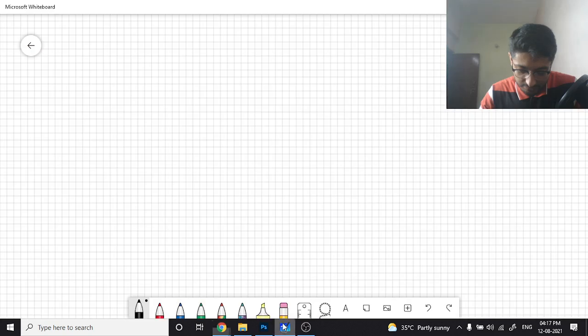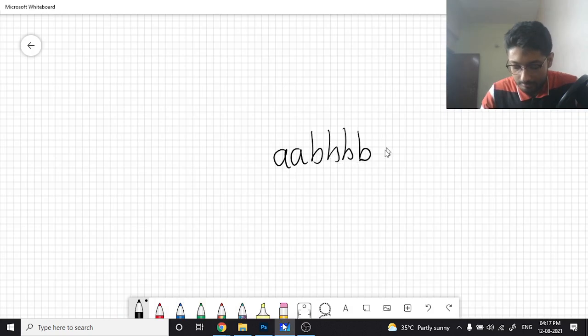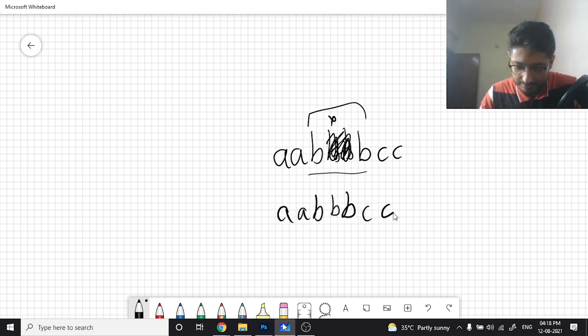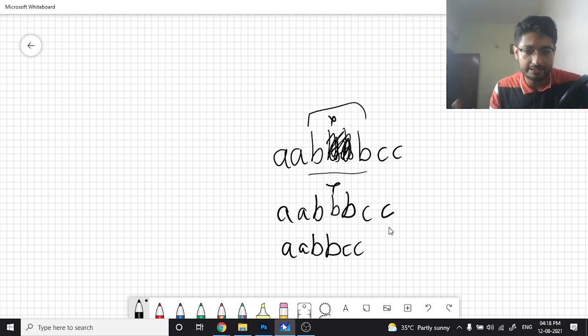So let's assume that you have some string like A, B, B, B, B, then C, C. If you delete one B, after that also there are three consecutive B's. So you have to delete at least two B's and then there are two consecutive B's. In such problems in which you have to delete some characters and the rest of the characters concatenate, the new string after deleting will be like A, B, B, B, C, C. Then you have to delete again and it will become A, B, B, C, C, in which you delete some characters and the rest of the string concatenates with itself.